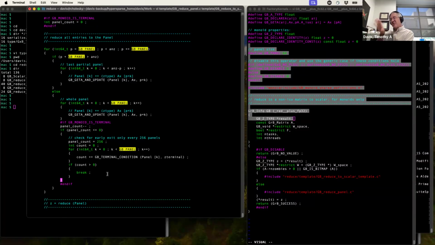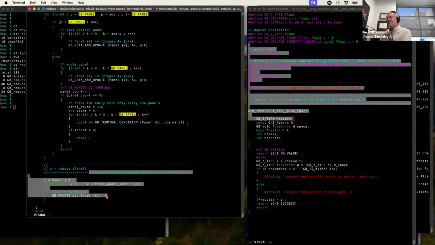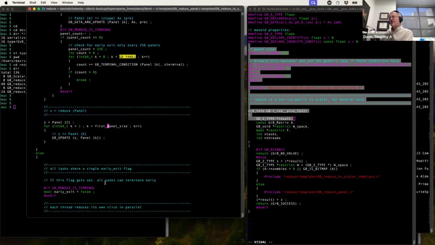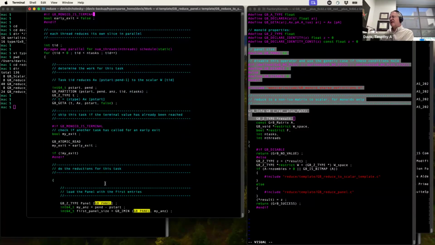Okay, so that's the sequential algorithm. And then when I'm done, I reduce the panel. And if a matrix is smaller than the panel, well, this is the entire reduction right here. Okay, the parallel case is very similar to this. The parallel case has to partition this,